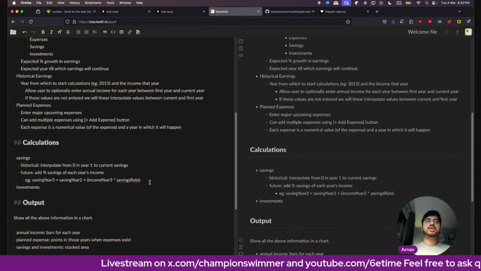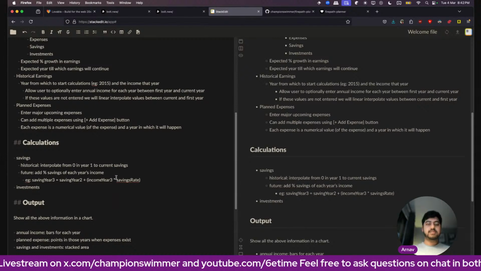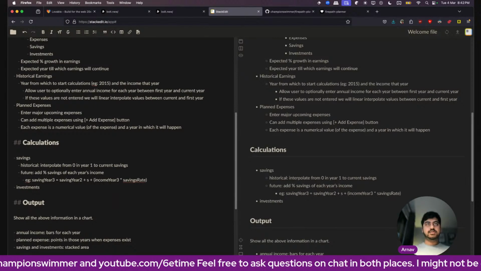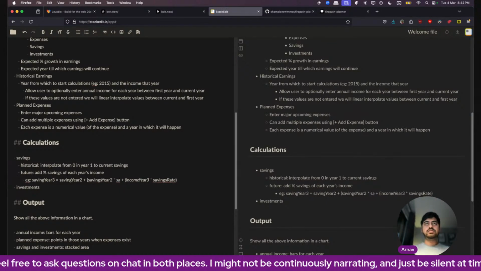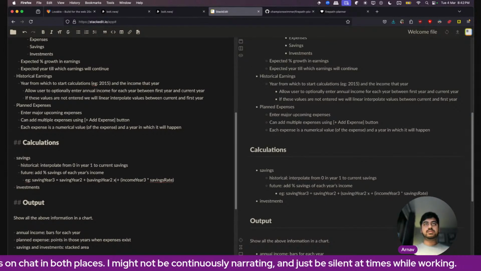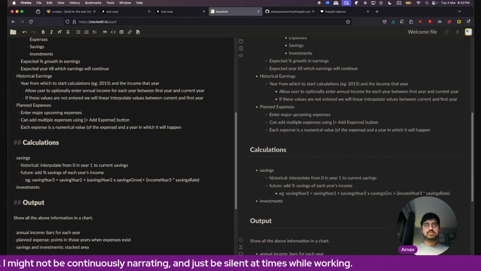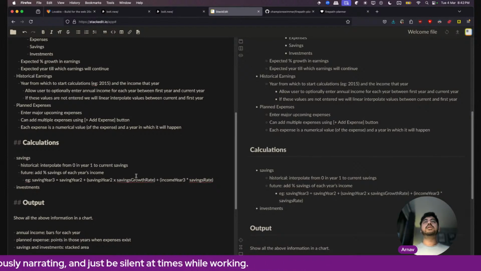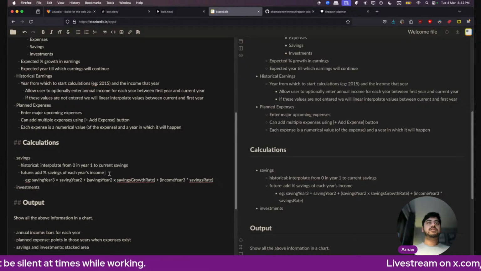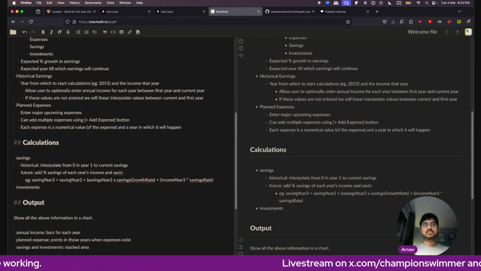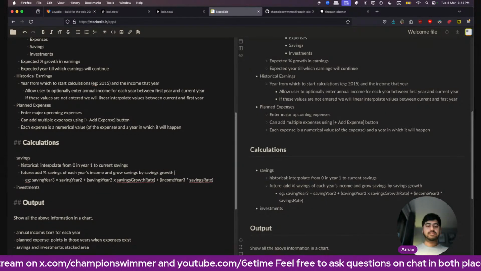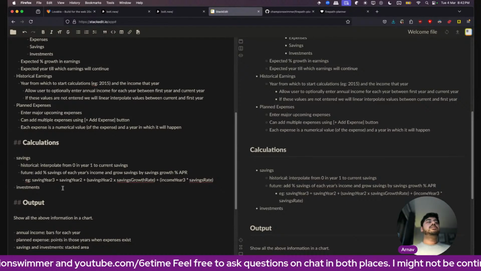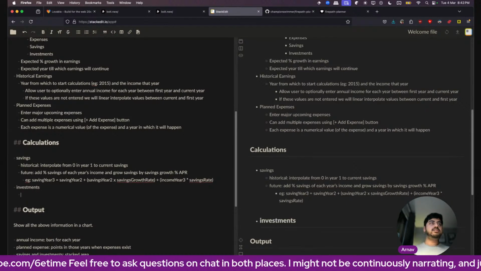I also had to write plus savings year 2 times savings growth rate, add percentage savings of each income, and grow savings by savings growth rate. So that's for savings. Investments, pretty similar.